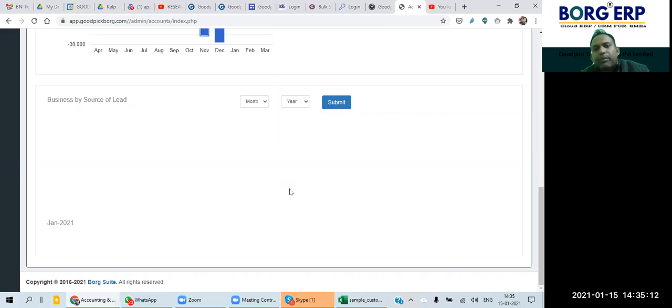You may be practicing Just Dial or any other, a Google ad or Facebook ad, and that will be visible over here. You can get the ROI from here. ROI means return on investment. So how much invoicing has been done from that particular source will be displayed.